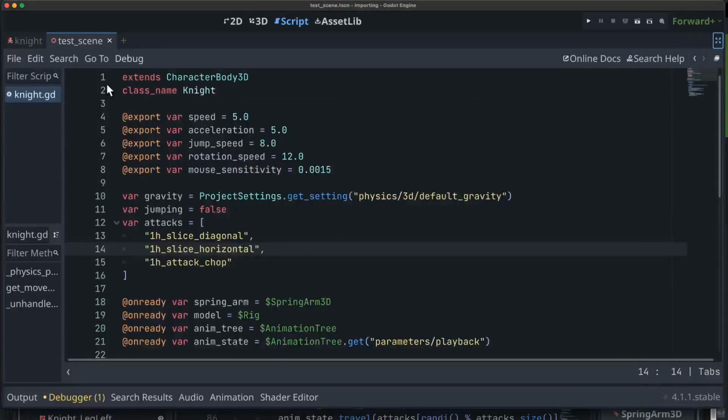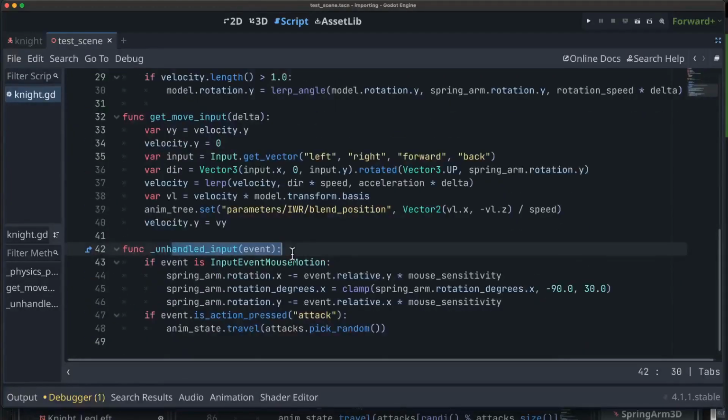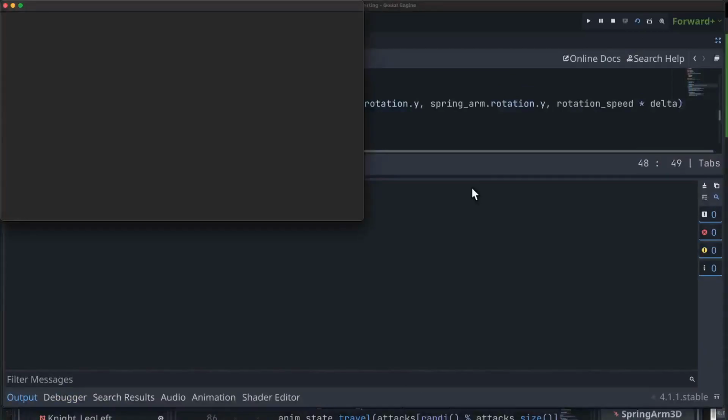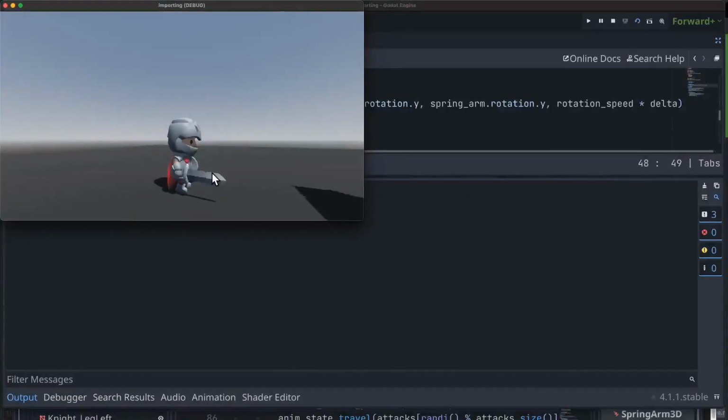And then in our animation tree, we had 3 separate attacks. So I'm just going to make a list, an array here of the names of them. And that way in my unhandled input, if I get an attack action, then we're just going to tell the animation state to travel to a random one of those attacks. And if we run it here, we'll look at if every time I click, I'm going to play one of those